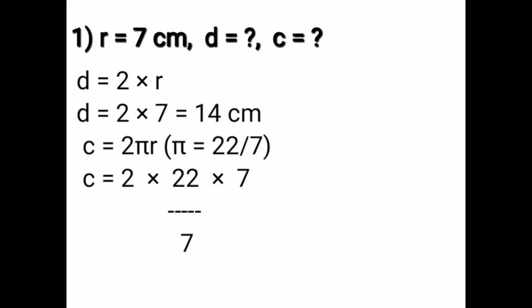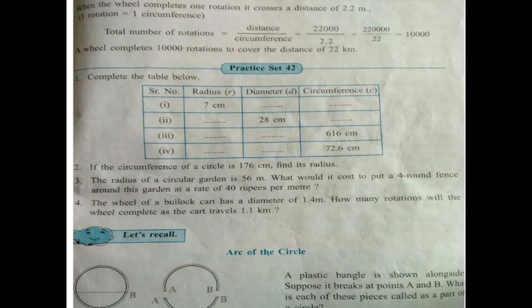When you divide 7 by 7, quotient is getting 1. So 7 get cancelled. So now multiply 2 into 22, this number. 22 twos are 44 centimeter. Therefore circumference is equal to 44 centimeter. Next one,